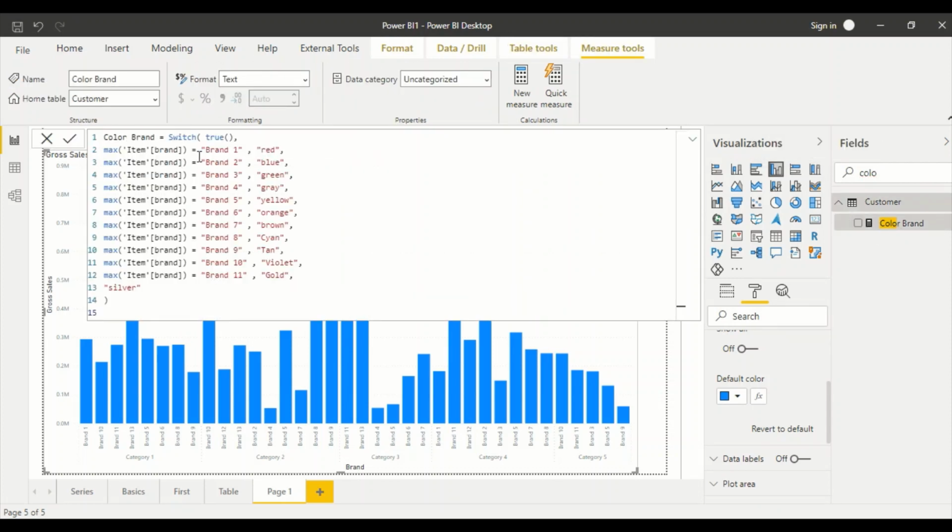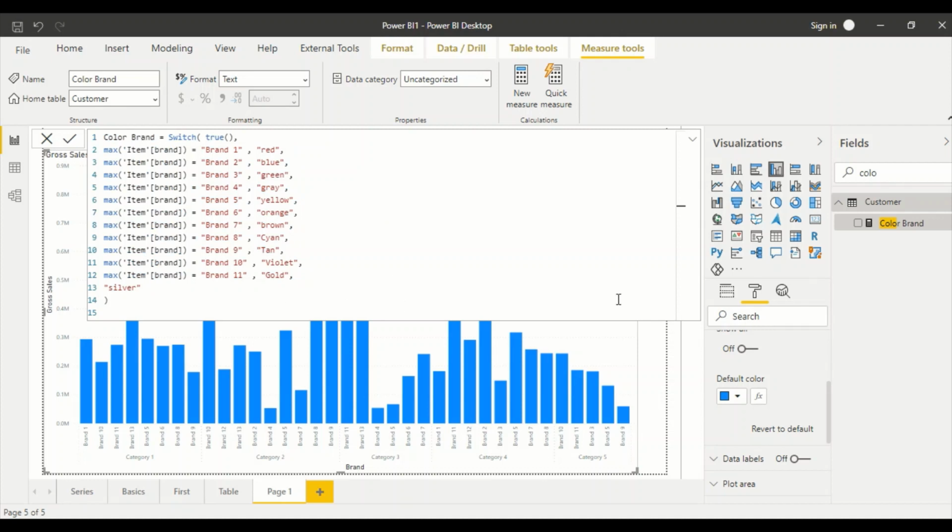So what I've done is in Power BI, you have this way where you can say max of a particular value, and then you can assign a color to it. So I assigned brands certain colors, and I'm going to put that in. Now you would also like to see maybe something for category.